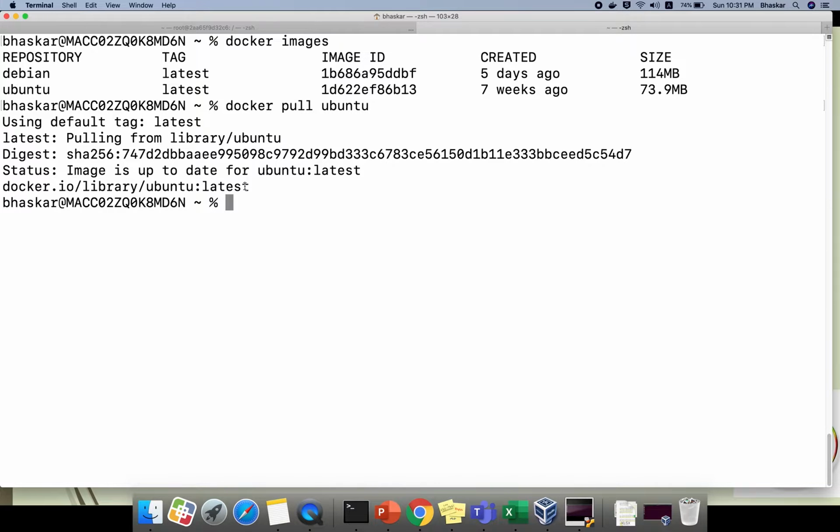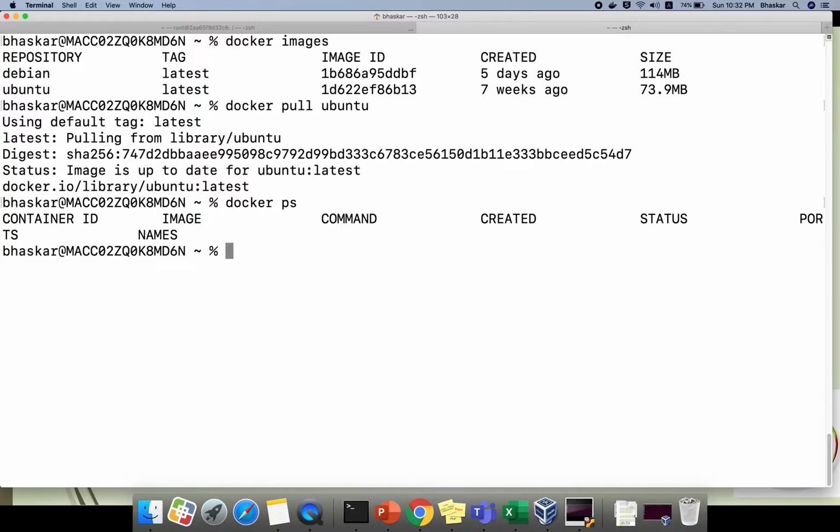What I meant to say is, I have an Ubuntu image. First let me check whether any process is running. No process is running, that means no container is running anything. Now I want to run my container. If you observe, docker container run, I'm just giving my Ubuntu image name. If you press enter, what is internally happening? The container is created and destroyed. Why?